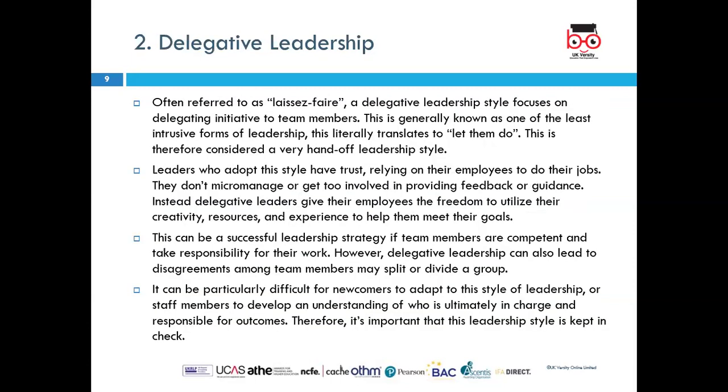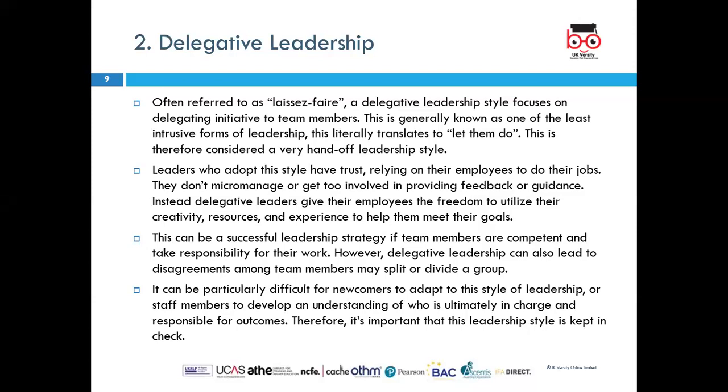The second one is delegation. As the name again suggests, it's like laissez-faire. This is a term given to just leave things the way they are. So it's like delegating leadership. For instance, if I learn something, I delegate to my other team members. They're also a part of the team. They've learned something. So I delegate my responsibilities to my team members.